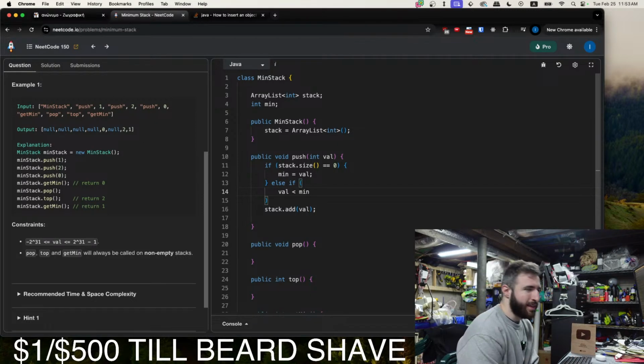Oh, wait a second. Could that just be solved by having two, like int min and int before min? And then, wait, no, I don't think so. Because how do you, so then when you add a new element to the list, you check if it's, min wouldn't exist.